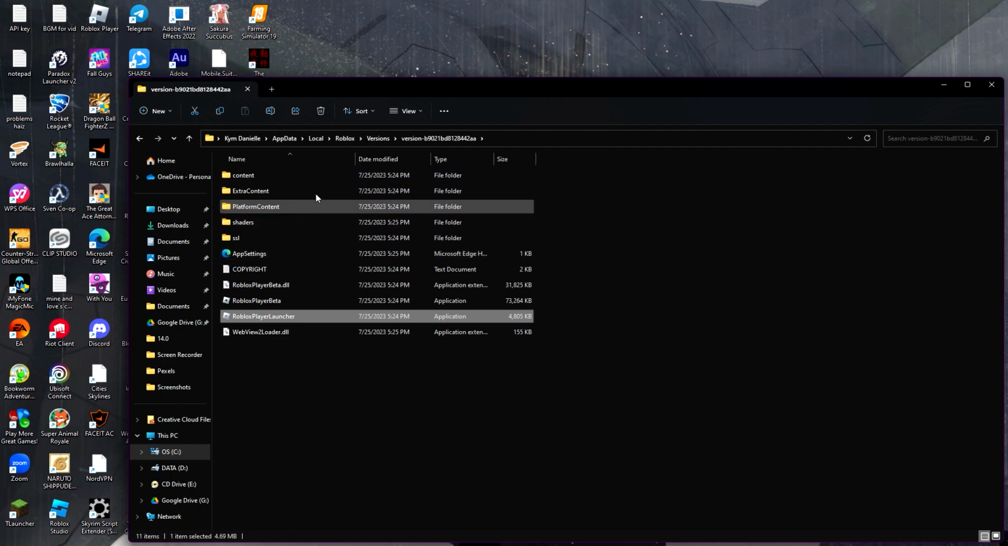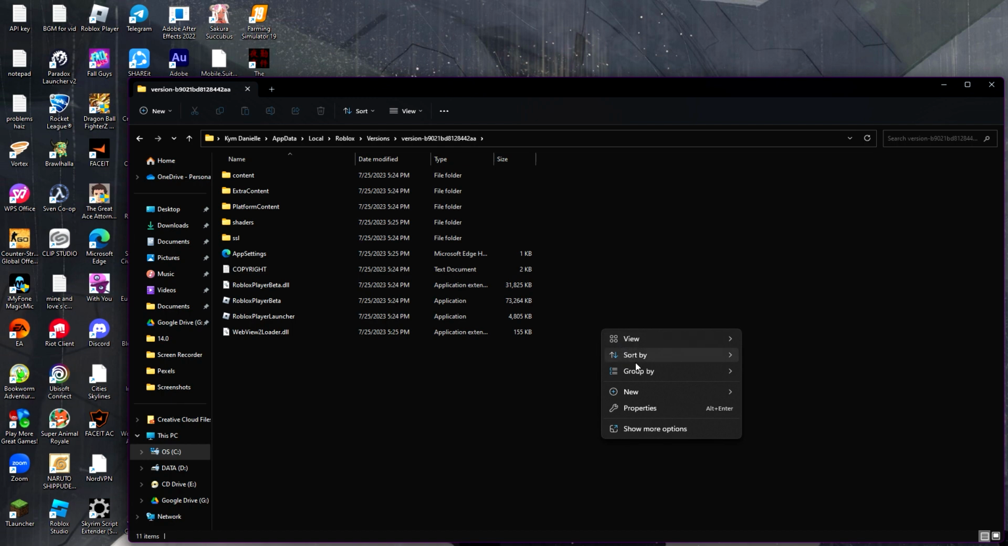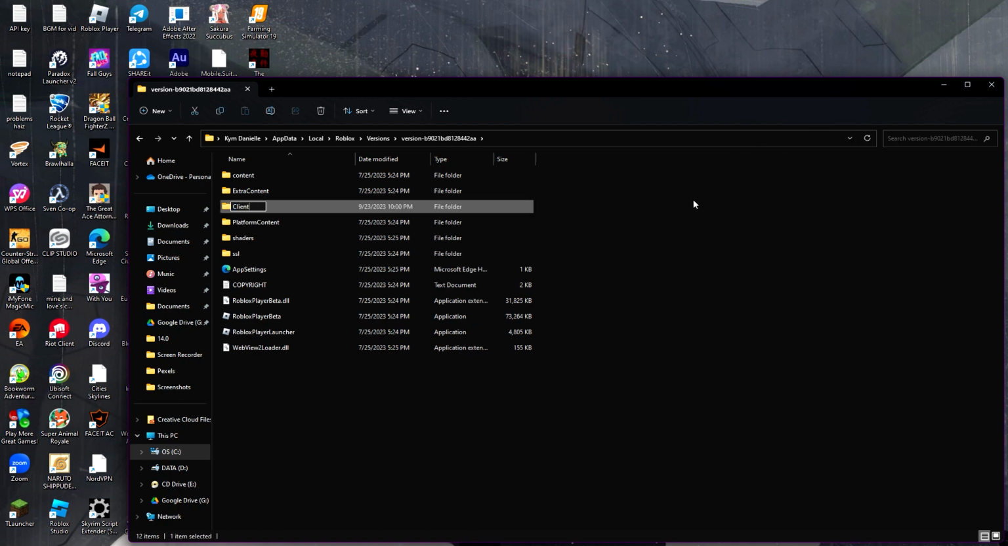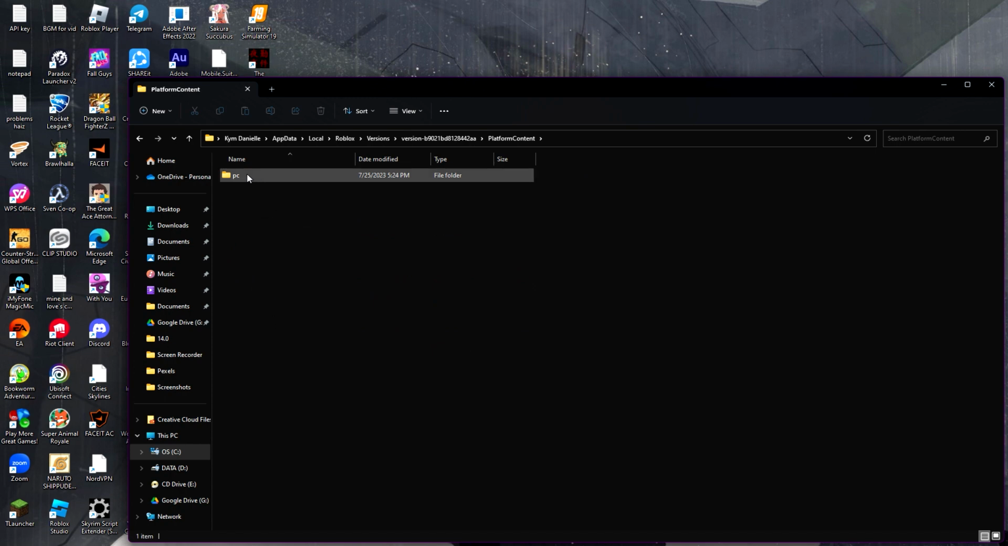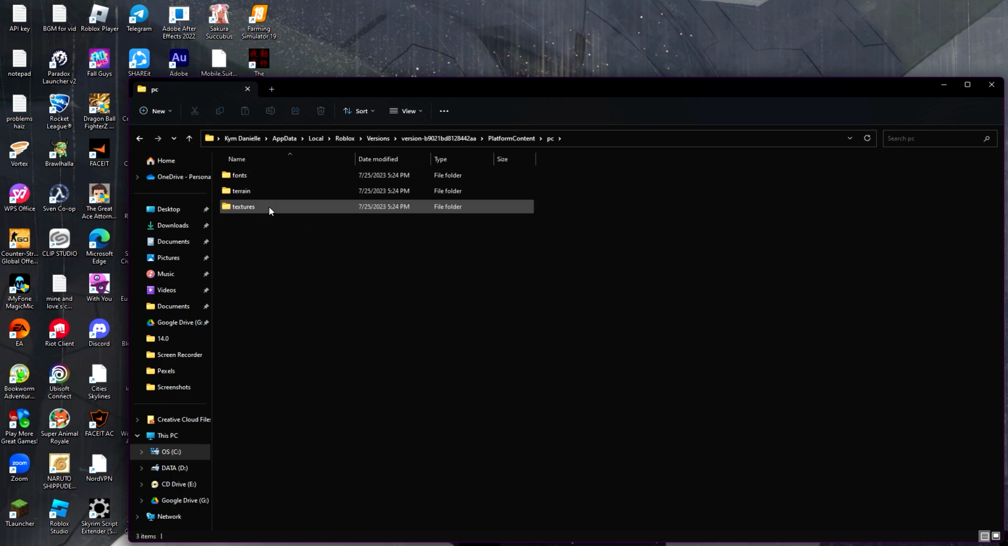And then here, what you need to do next is create a new folder and just write in client settings. Alright, good. Next thing that you need to do is head over to platform content